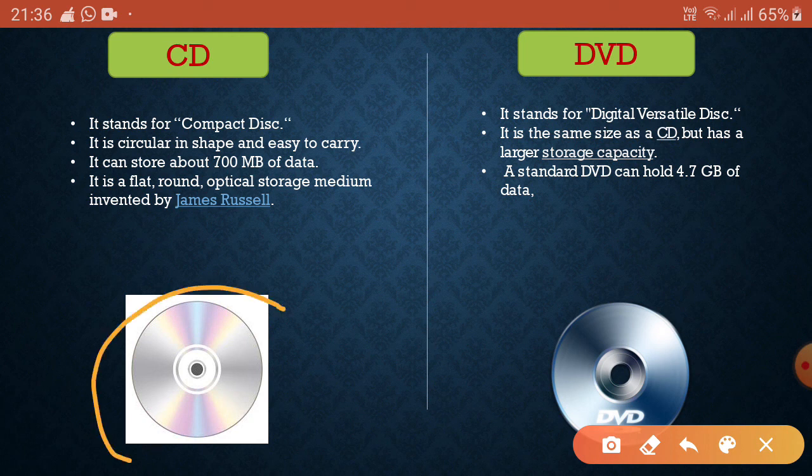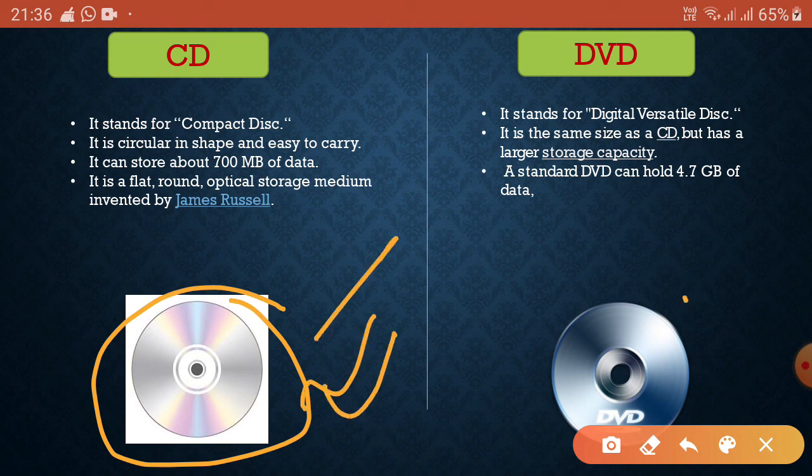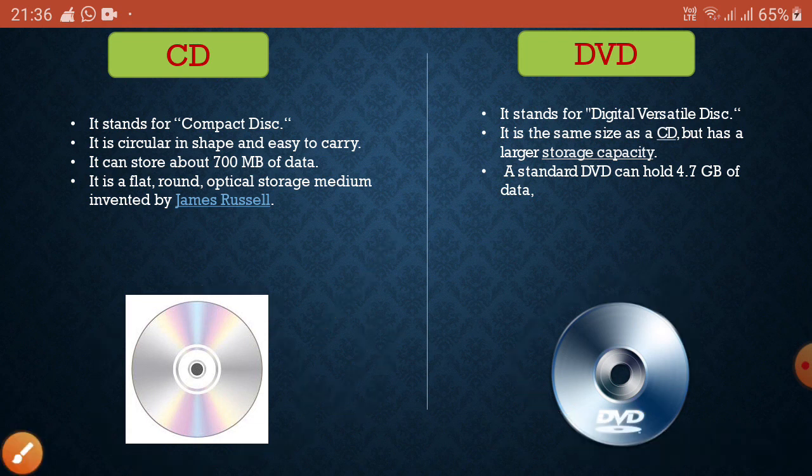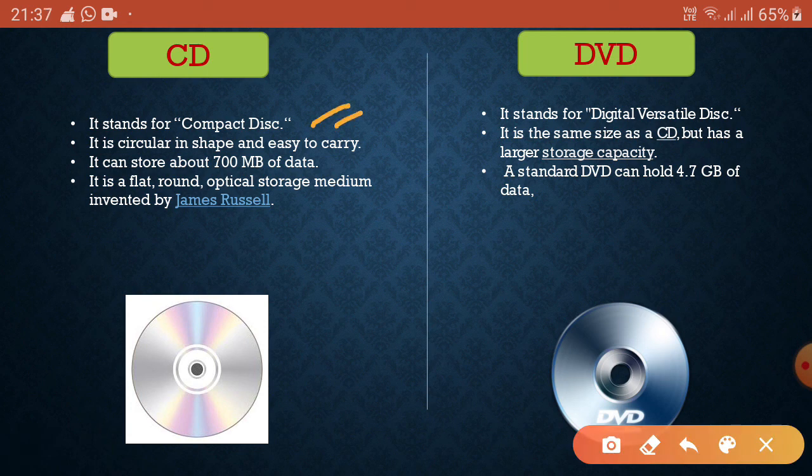So you already have seen that this type of disc is called CD and this is the type of DVD. CD stands for compact disc, the full form, and DVD is the digital versatile disc, or you can say digital video disc. But one thing you should remember, the spelling of disc, DISC. For CD and DVD, and for hard disk you can write DISK. Or you can write both, but check it.